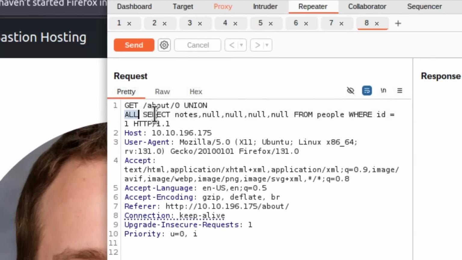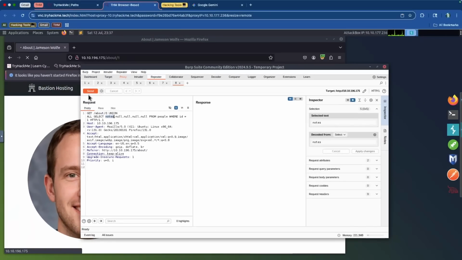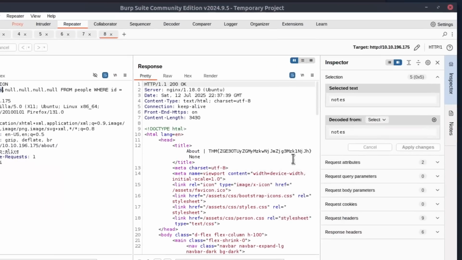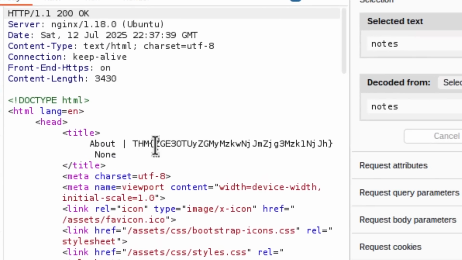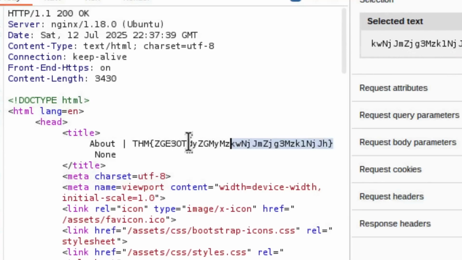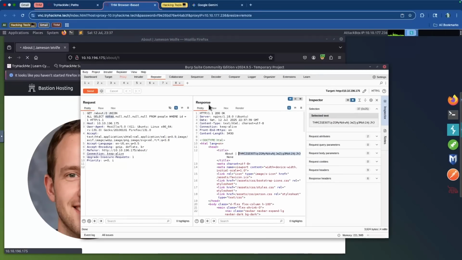Union all select notes from people where ID equals 1. Send it, and there it is. There's the flag. Just like that. How cool is that? If that kind of went over your head and you don't know exactly what just happened,